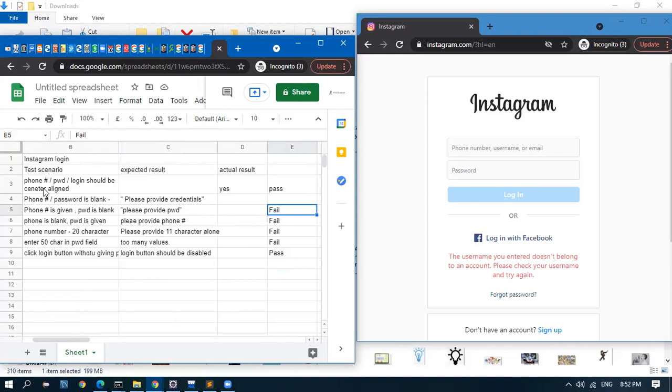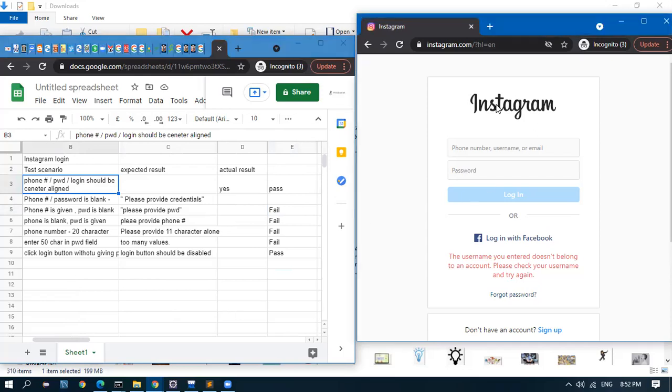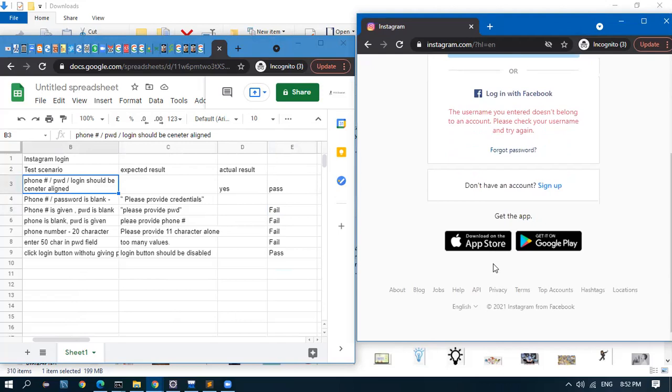Like this, for every page, 30 to 40 test cases will be written, including this word. It should be Instagram in this font size. This font should be used. There should be a space between phone and number. Like that, it will be captured at the minor level. So one page will have around 200 test cases. We will be spending hours and hours, nearly a month or 2 months, for writing the test cases.